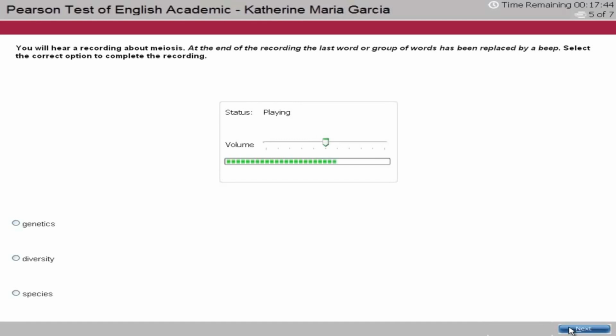by a beep. Meiosis is extremely important in the evolution of life and the survival of